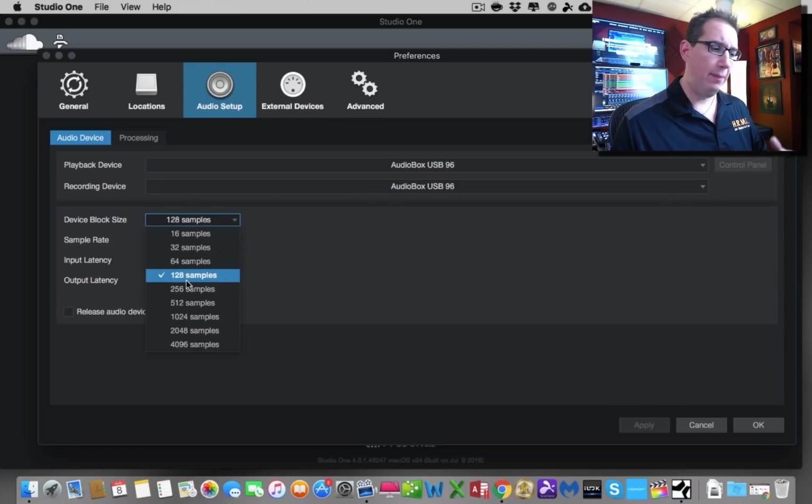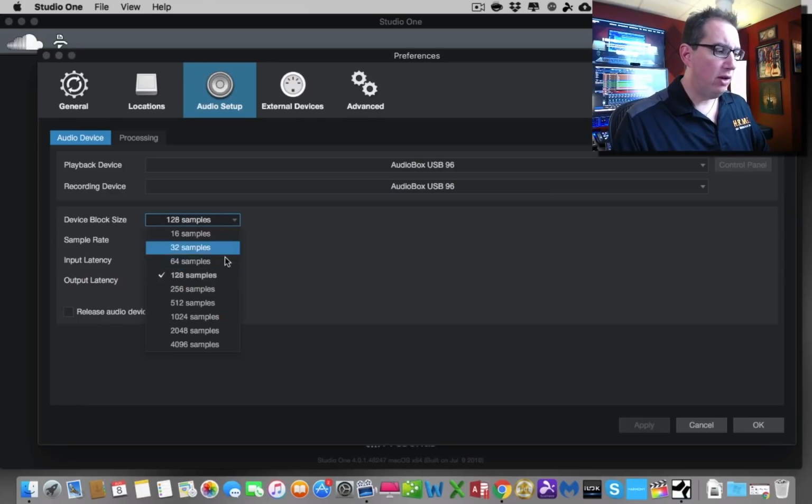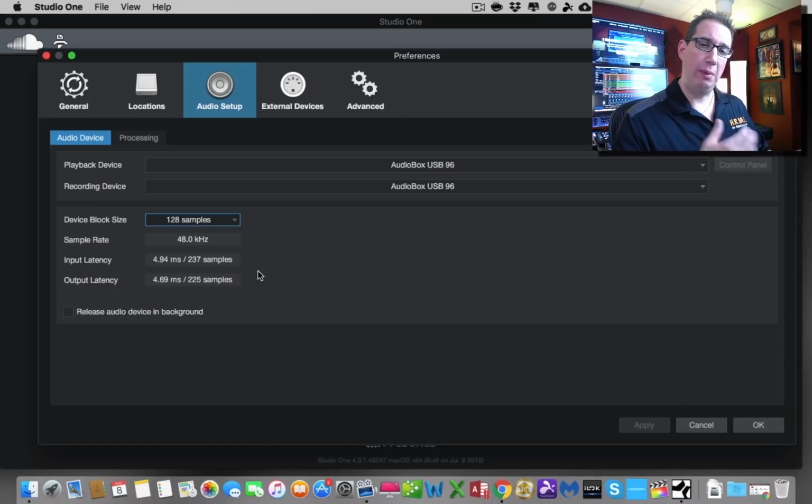The general rule of thumb is this. When you're recording audio into your computer, you want to set this as a starting point around 128 or 256 samples, okay? You can leave it at 128. When you're mixing audio and we start using lots of plugins to mix our song, which we'll talk about in a future section down the road, you're going to want to raise this up a little bit to maybe 1024 or 2048 samples, because that will free up some computer resources to be able to handle all the plugins. We'll talk about that later, so just realize what that is. And for now, just leave it at 128. Our sample rate is 48.0. Our input and output latency